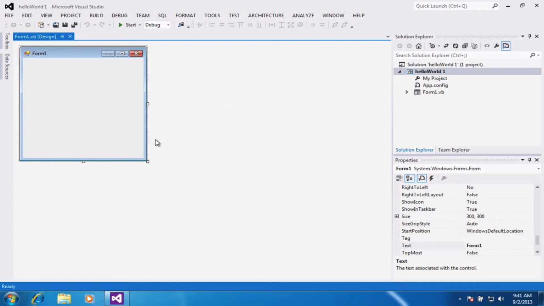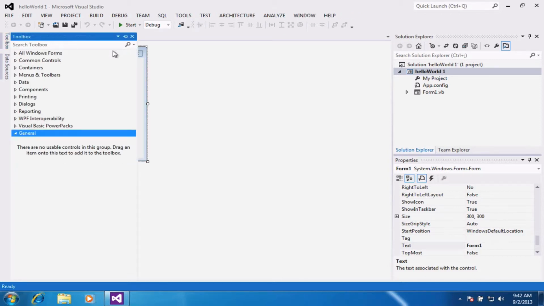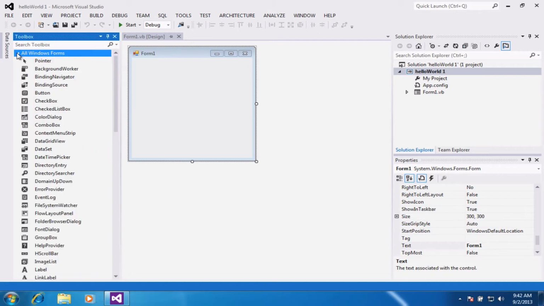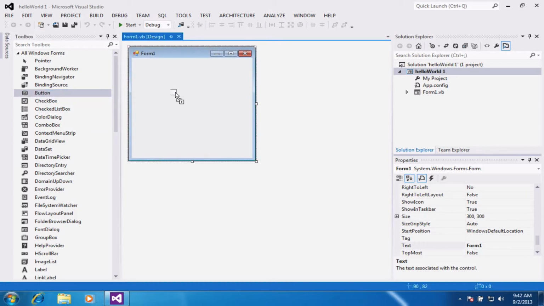What we're doing today is just diving straight in and having a look at a Hello World example. So what I like to do is come to my toolbox, give it a click, and then put the pin on, this auto hide button, so that way my tools are always down the side. You can expand them out by clicking on the little arrow to find the items you're looking for. What we're looking for at this moment is a button. So just locate the button from the toolbox, drag it onto your screen,